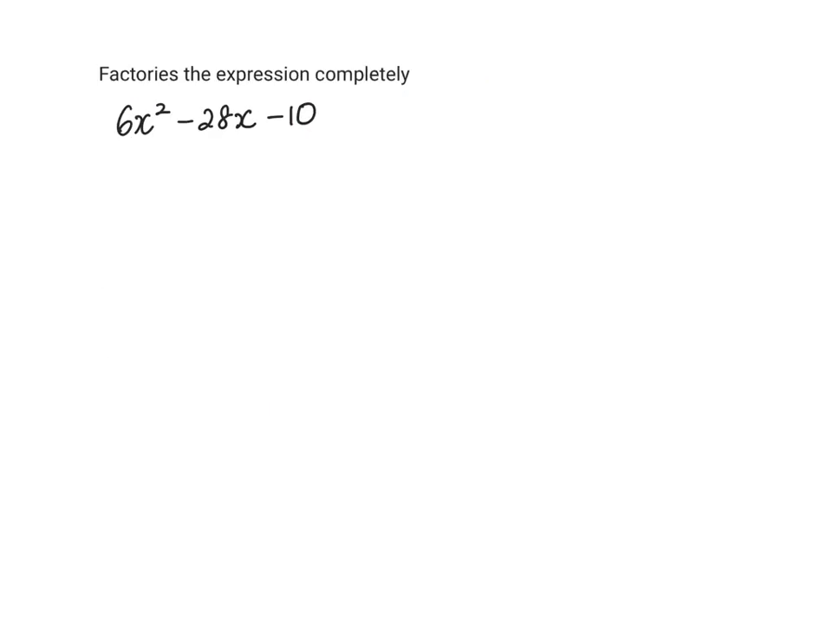Factorize the following expression completely. Now normally students will know that this is a x square, x and a constant term. We know that we need to do the cross method, or you can use our calculator to help you. But first thing, always check for common factors. There's a common factor over here, 6, 28 and 10. So the common factor will be 2. So the first step is to actually factorize out the common factor 2 to give me